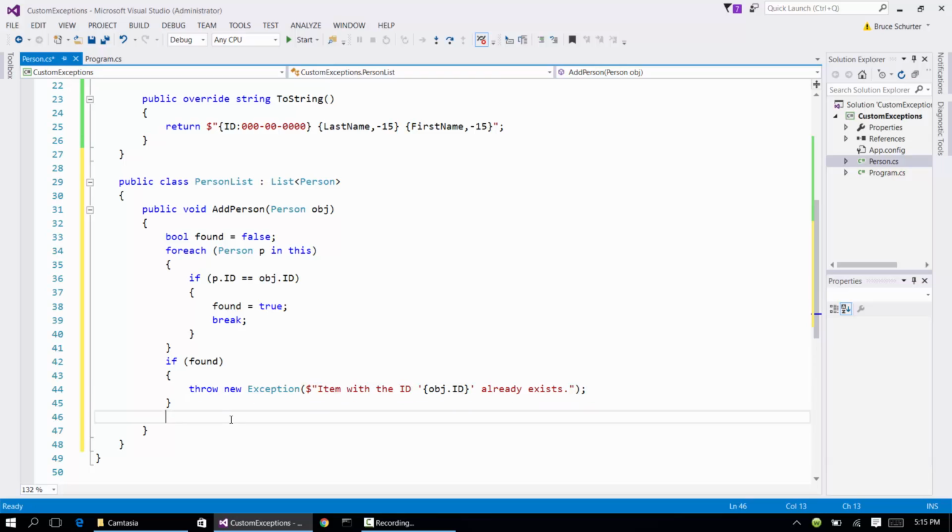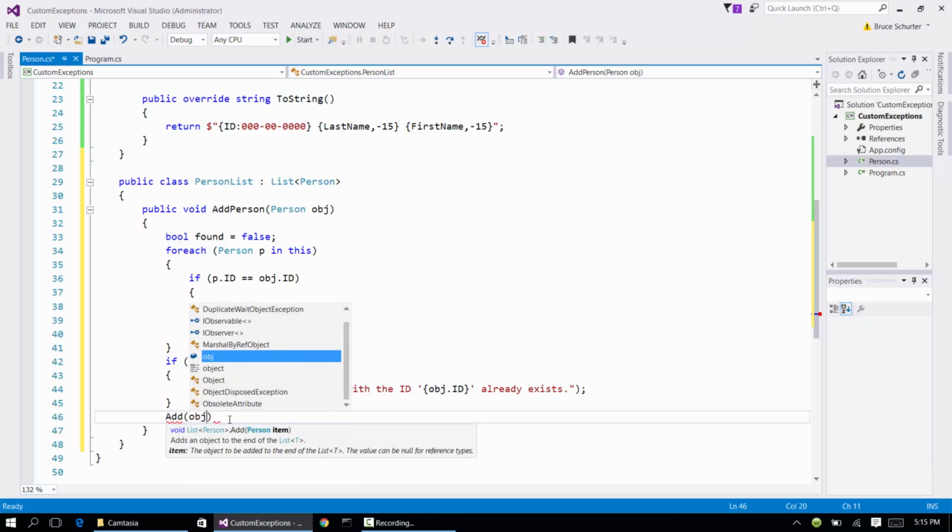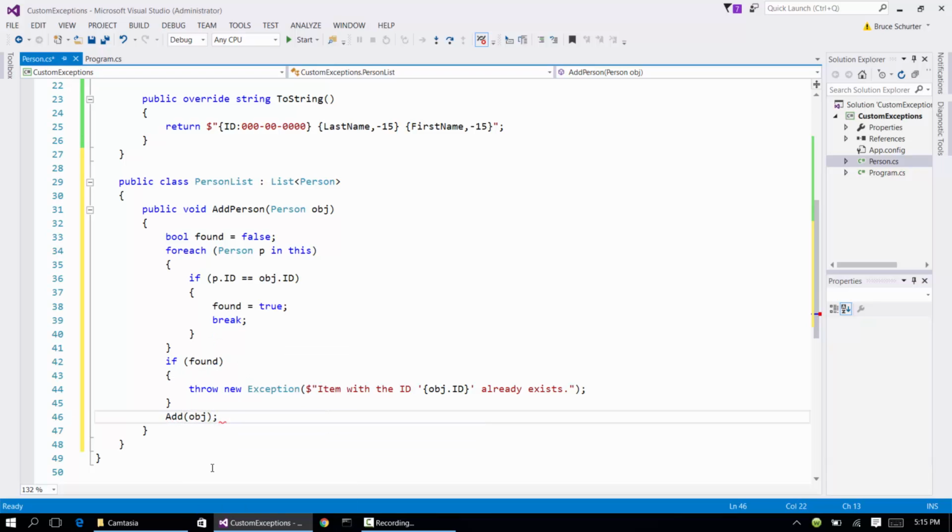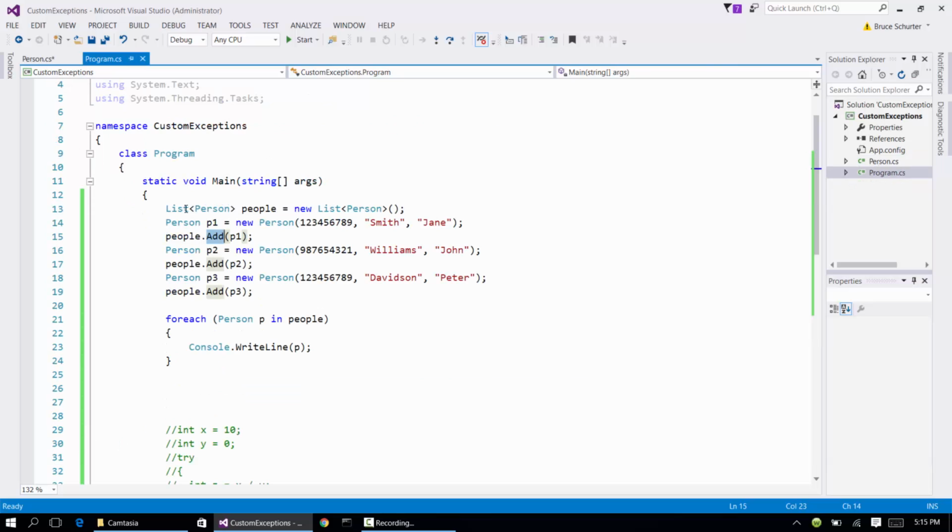So we are going to throw a standard exception. Otherwise, we will add obj. So this is perfectly acceptable. We will get an exception. It's a standard exception. Then we just have to change this list of person to a person list